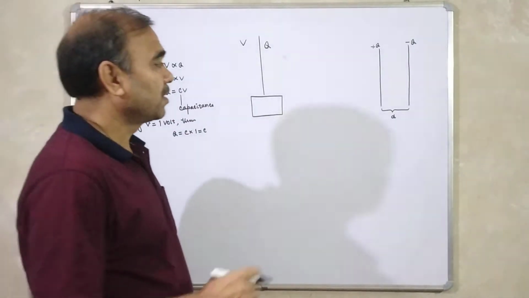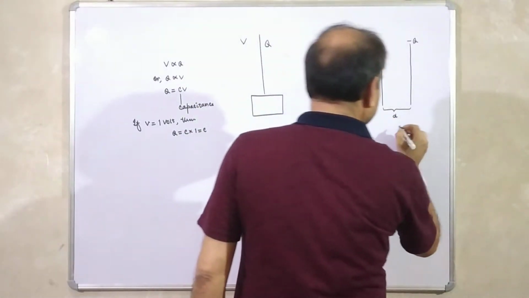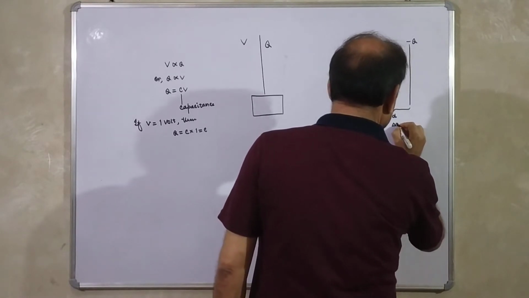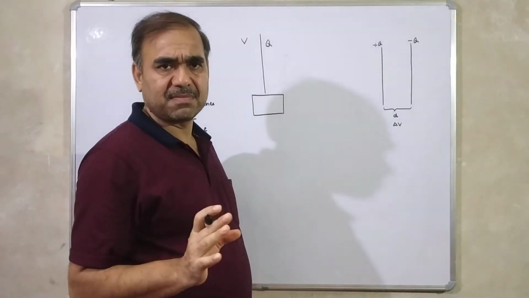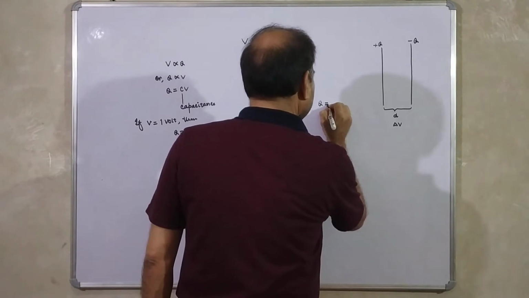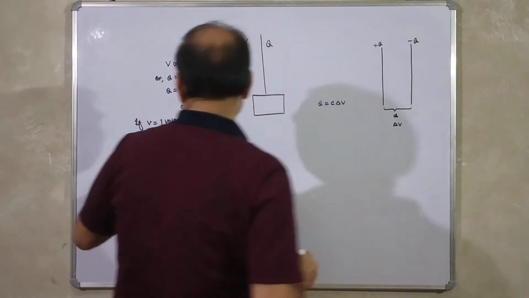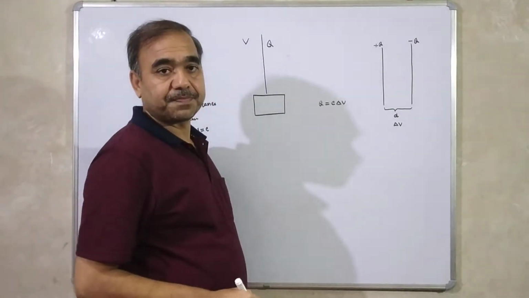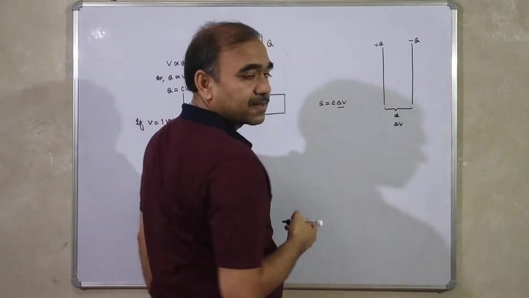तो ये हुआ. अब suppose करो कि potential difference, अगर हमने इस पे charge Q दिया और potential difference इसके बीच में, not only potential difference between these two conductors, that is delta V. You can say delta V or simply V. Therefore, Q is equal to C delta V. From Q is equal to CV, we have written Q is equal to C delta V. Delta V is the potential difference between the two conductors.